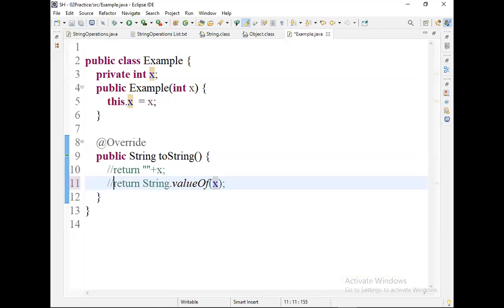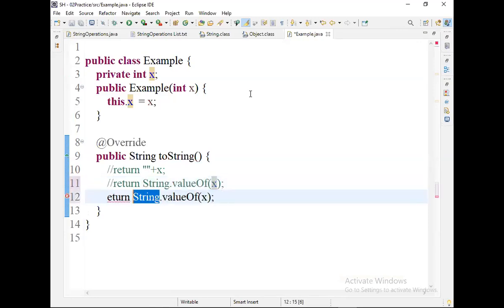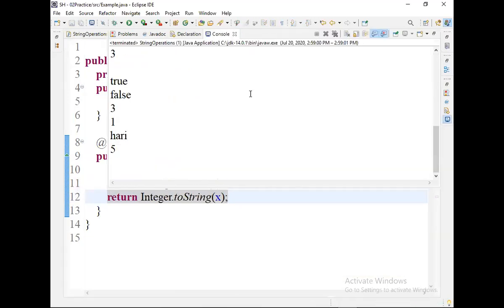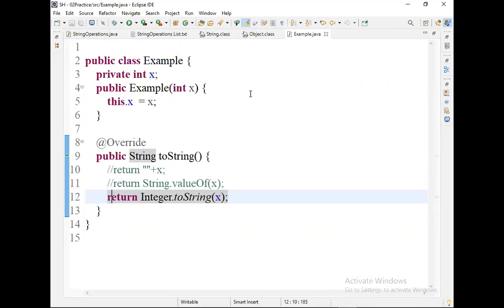Or you can use another approach. In the Integer class we have a toString method. So use Integer dot toString. It is also converting into a string. You can use any approach.